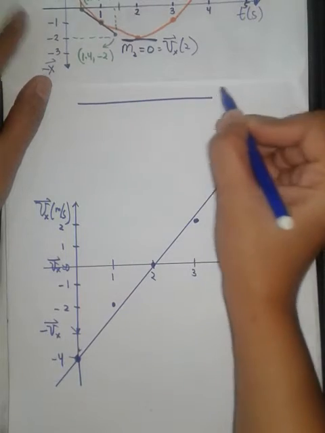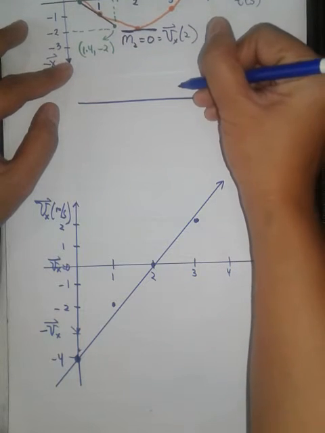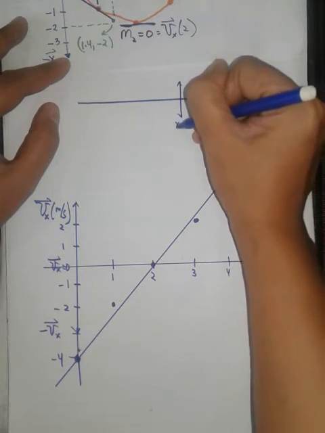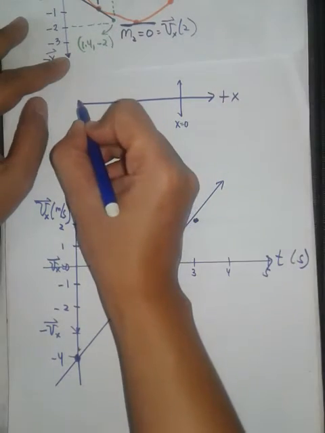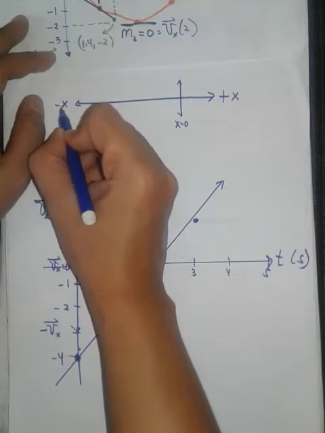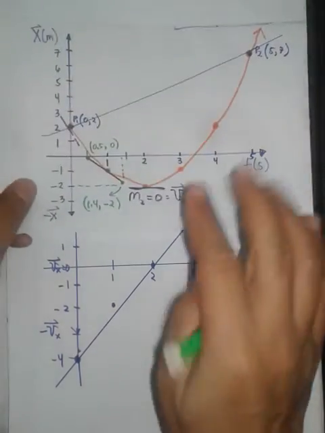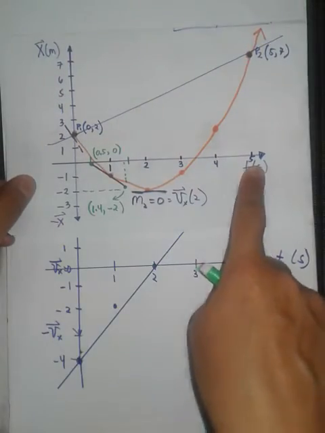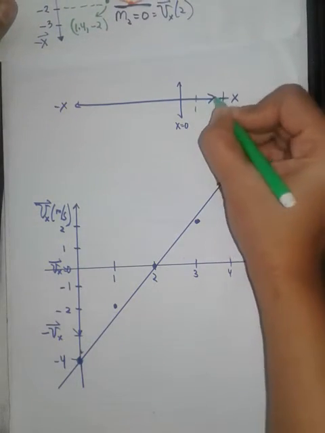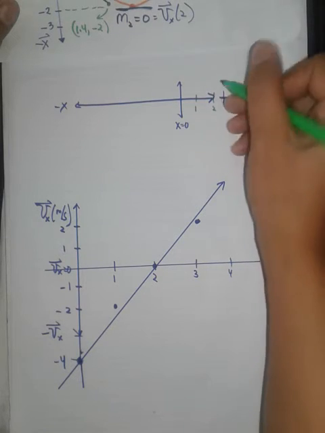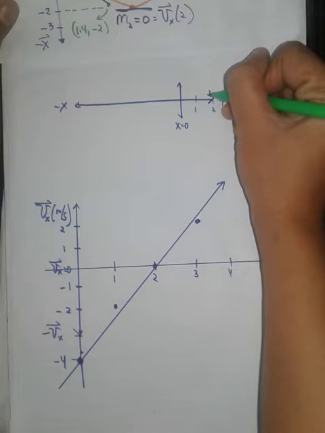So, meaning, the origin of the particle is somewhere here, this is where x is 0, and this is going towards positive x, and this is going towards negative x. So, my particle, when time is 0, you look at the position-time graph. When time is 0, it is at positive 2. So if this is 1 meter and this is 2 meters, then my particle, let's say, if this were a car, for example,